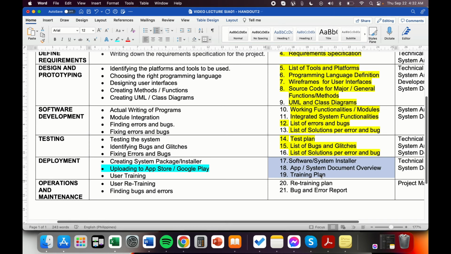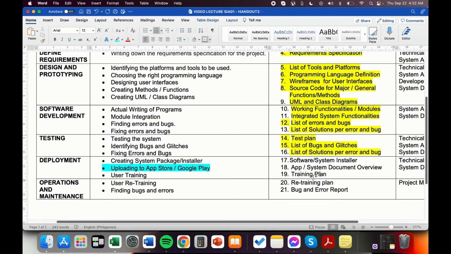it could be conducted via virtual platforms like Google Meet or MS Teams. Pwede yan. And then, pwede rin yung face-to-face, kasi yan yung pinaka-effective. During the user training, the training plan is already prepared na. The training plan will involve all of the system documentation. Usually, the training plan also, after the training,